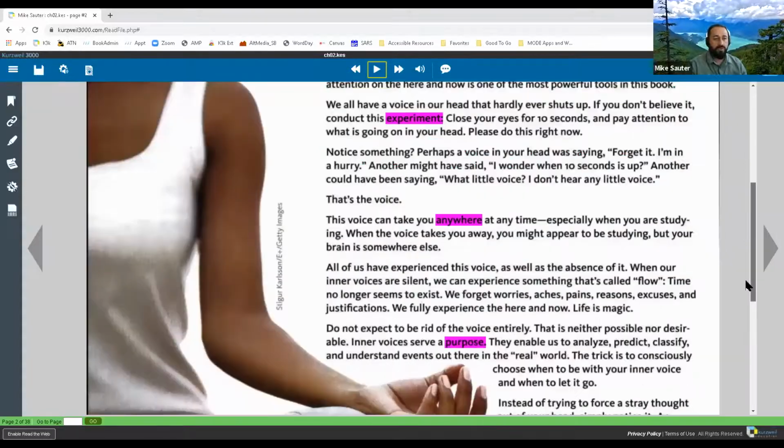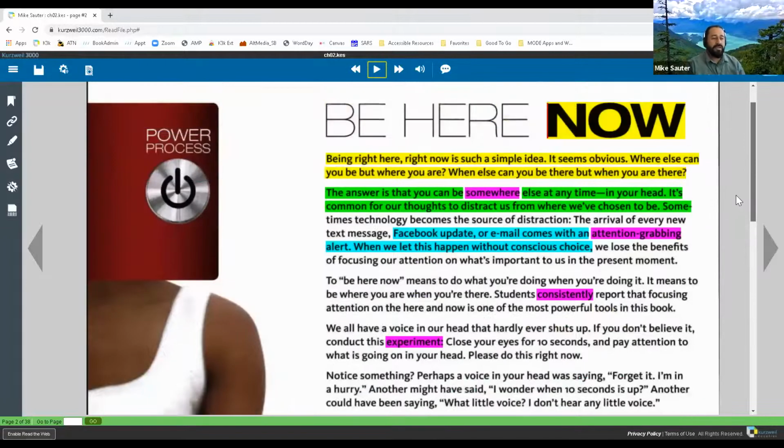Okay, hearing no questions, what we're going to do next is this: it's wonderful that we can see our highlighting, right? So next time I open up this chapter, I can see my highlighting colors. I can go back to them. I can read or focus just on that highlighted text. But this is about building a study guide. This is about building something outside of our textbook, something that we can use to help study the material.